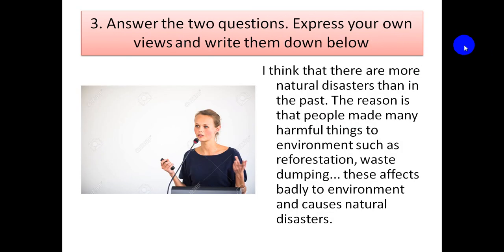I think that there are more natural disasters than in the past. The reason is that people do many harmful things to the environment, such as deforestation and waste dumping. These badly affect the environment and cause natural disasters. For example,